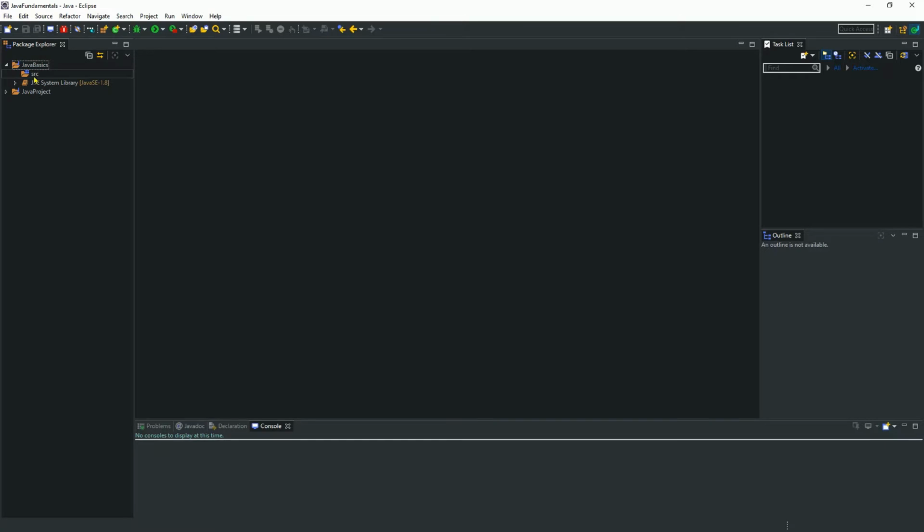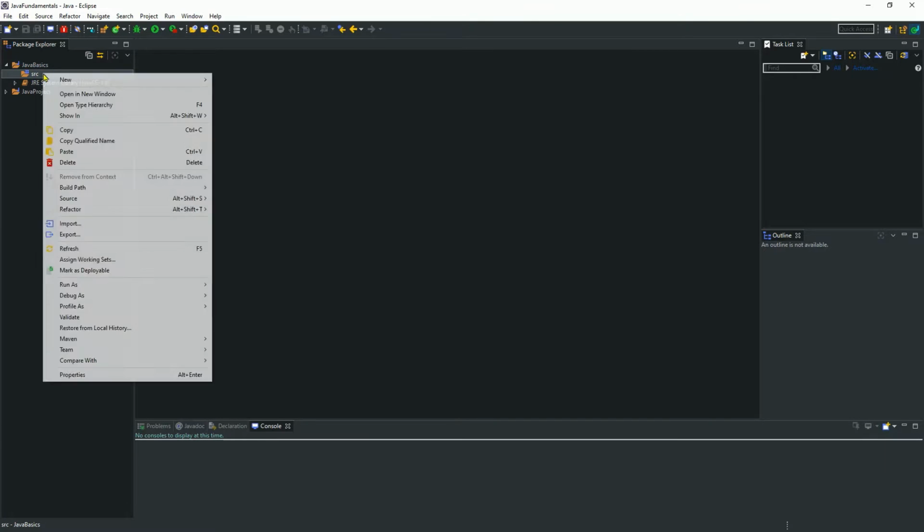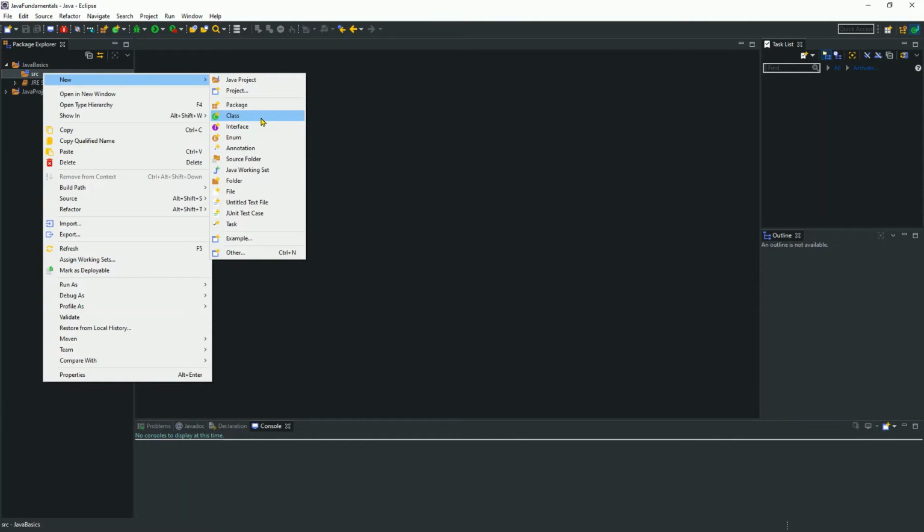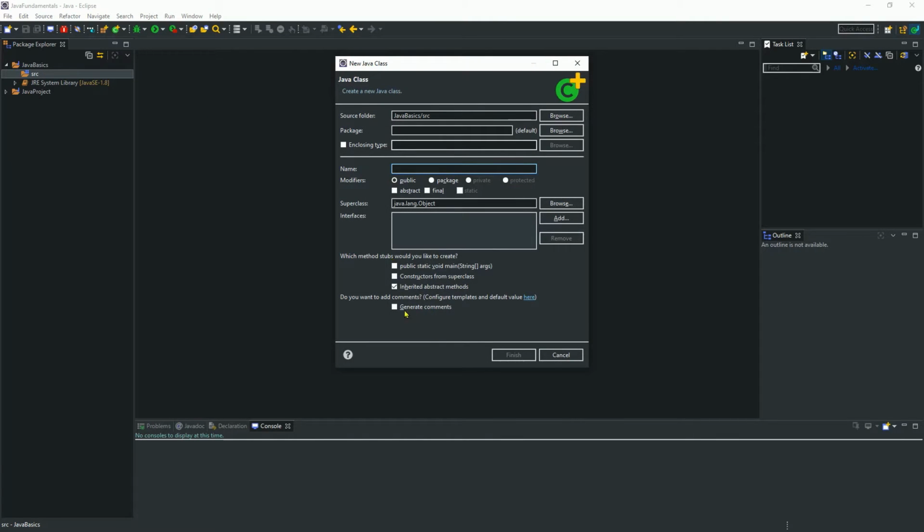In order to do that, I click on the source folder, click on New, and click on Class. I'm creating a class which stores different maps inside a single ArrayList. I'm not setting the package name as default.